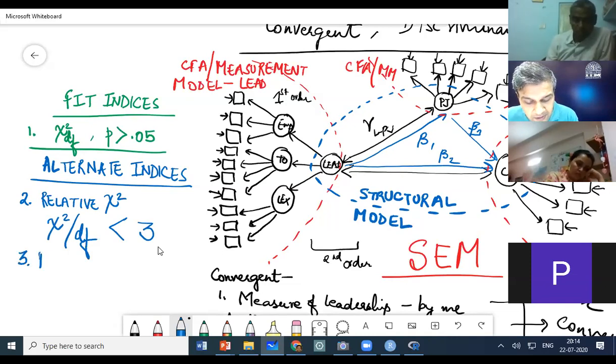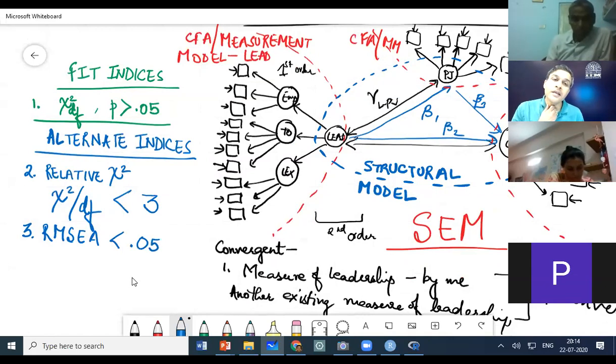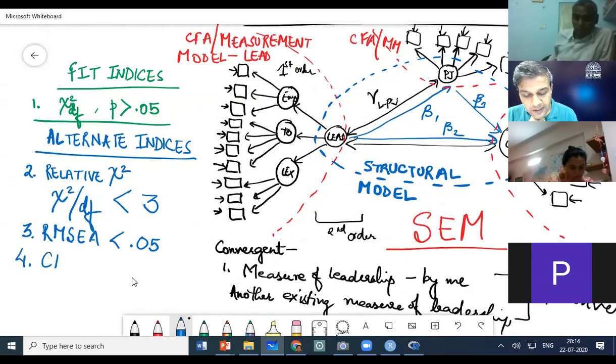Then we have another indicator, the root mean squared error of approximation, RMSEA. This we should get somewhere below 0.05. This is another index that we will look for in case our chi-square fails. The fourth one is the comparative fit index. The tool will tell us this, and it should be greater than 0.95.